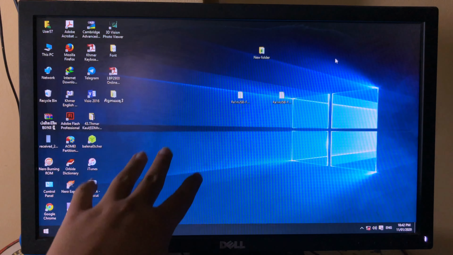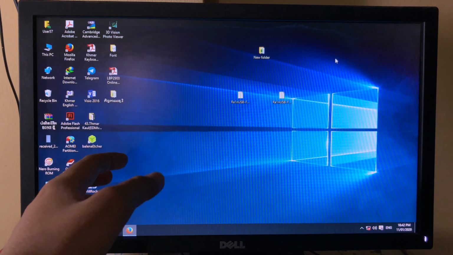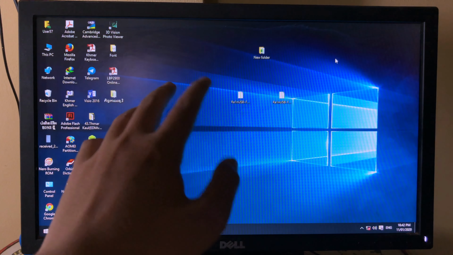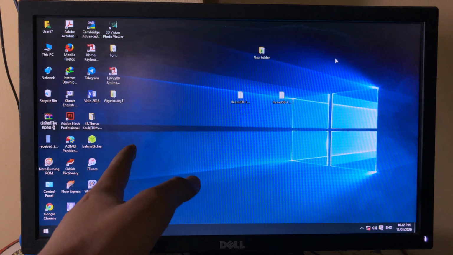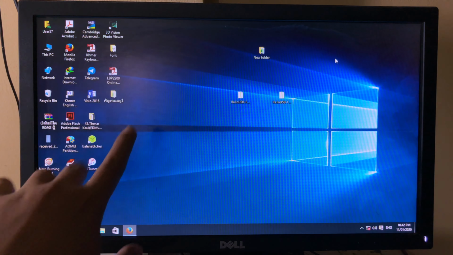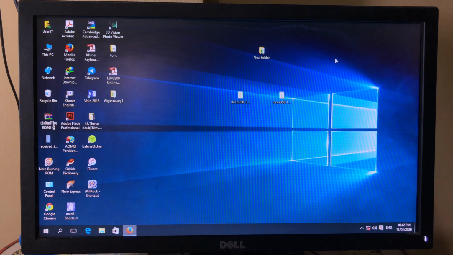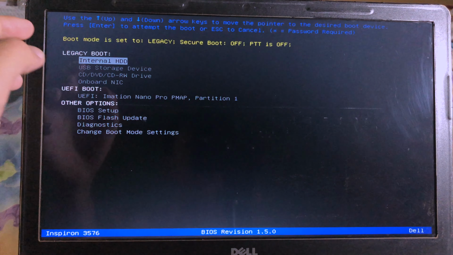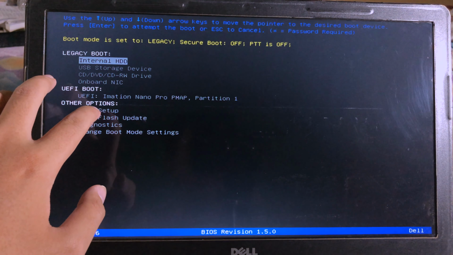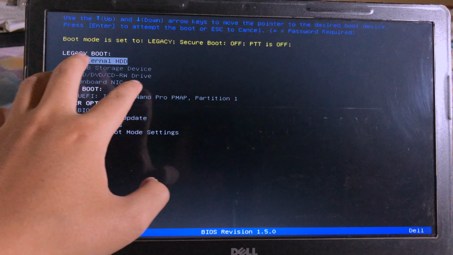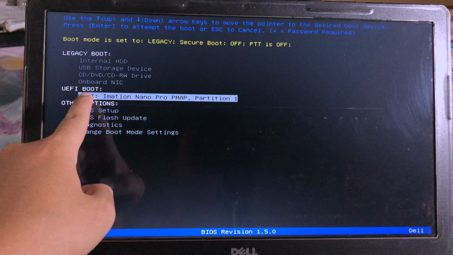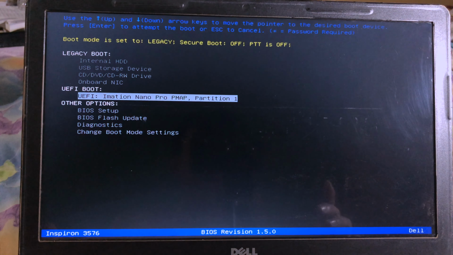After creating Ra1nUSB, you can restart your computer. I'm going to do it on my laptop, because the desktop that I showed you here doesn't work and isn't compatible with Ra1nUSB, so I need to try it on my laptop. This is my laptop that I have just plugged the USB into, and then you can boot into BIOS, and after that go to UEFI boot. Make sure you boot from UEFI. After that you can press the enter key,